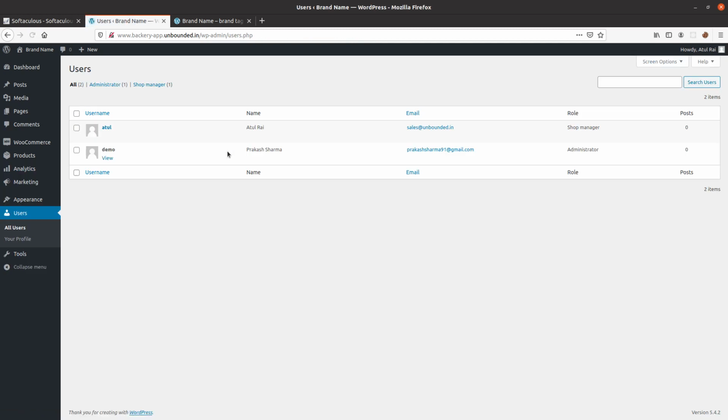So you can create multiple users and give them the shop manager role. You can have 10 assistants helping you with managing the website or managing the orders. You can create a user for all of them and give them the username and password, and they will be able to access the platform and help you in the business. I guess that's all with the username setup and the restrictive access setup.